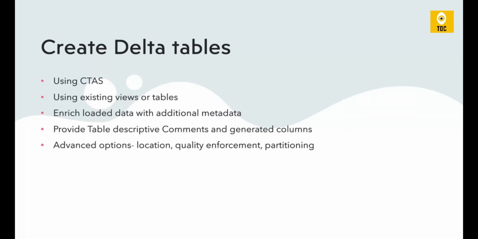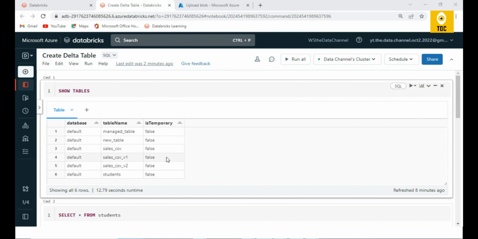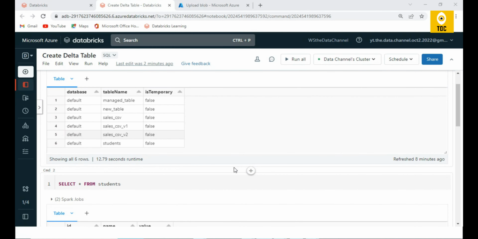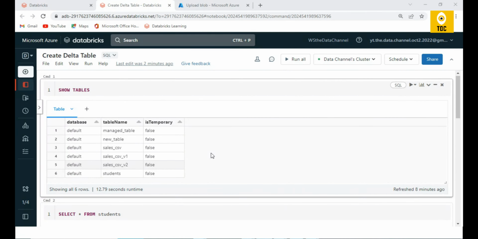So this concept we will discuss in the demo. And without any further delay, let's get started with the demo. So now let's quickly jump to the demo and see the live creation of the Delta tables. And currently we'll start with